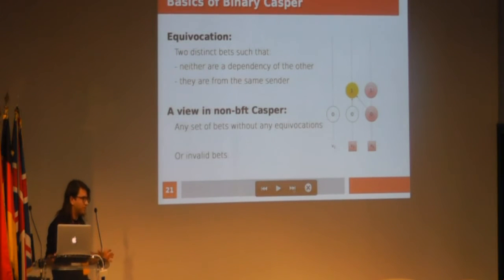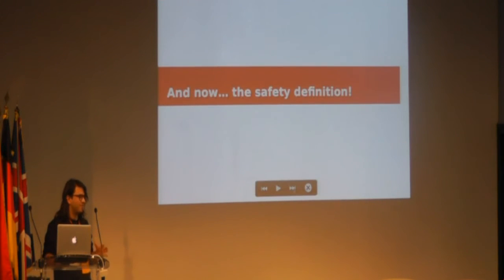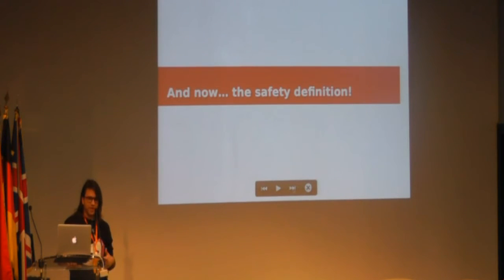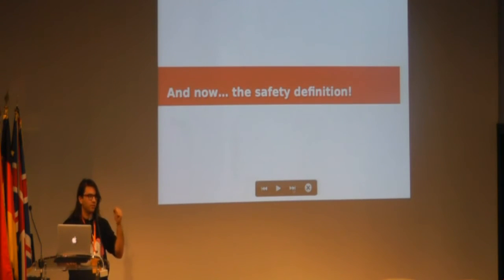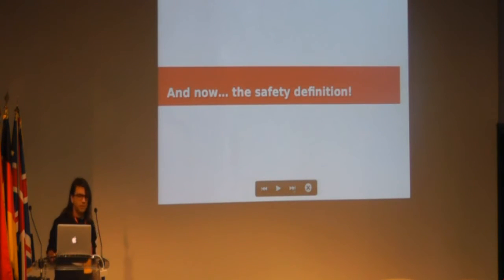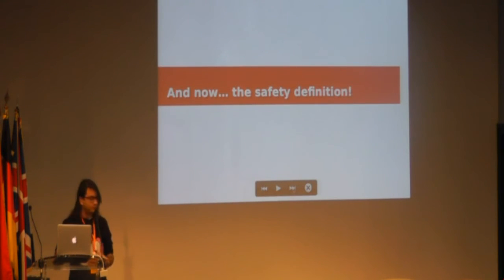So we have these data structures. Let me take a little breather, because that was the tough part. That was the part you have to kind of push through. So again, there's estimate, sender, and justification on every bet. This forms this graph. In a non-Byzantine fault tolerance setting, we don't have any equivocation or invalid bets. A bet is invalid if its estimate is not the max weight estimate in its justification. Essentially, every bet is showing the result of an election given by the bets in its justification. And so now I'm going to define a safety definition, which is where the kind of correct by construction stuff will kick off.